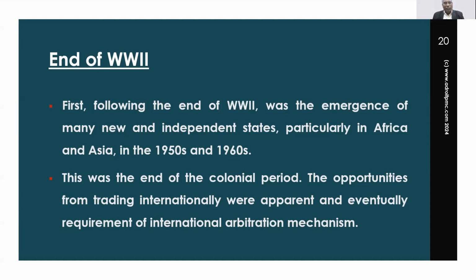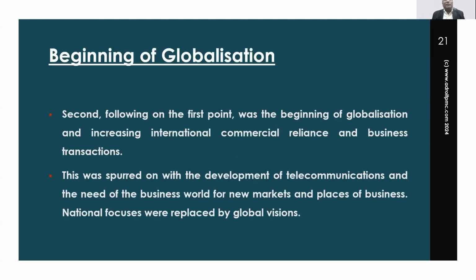Once trade and commerce flourished, naturally the disputes also increased. And then it led to globalization, which is meant for increasing trade opportunities. Again, it led to increased disputes among countries and a demand for a mechanism to settle